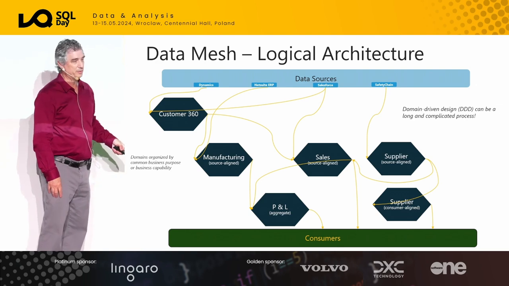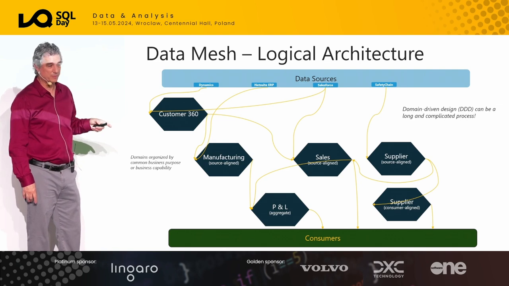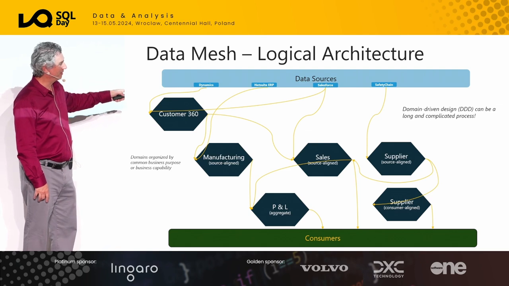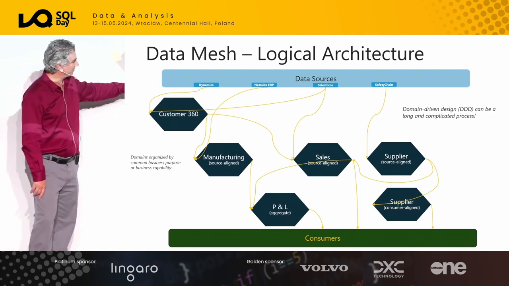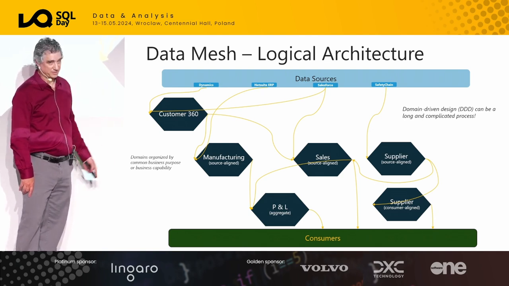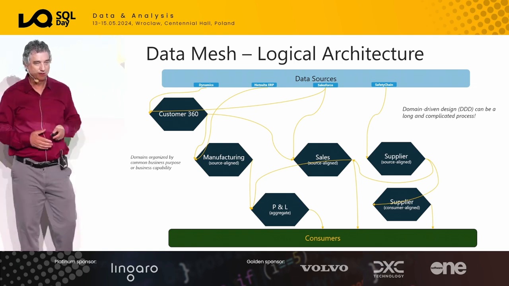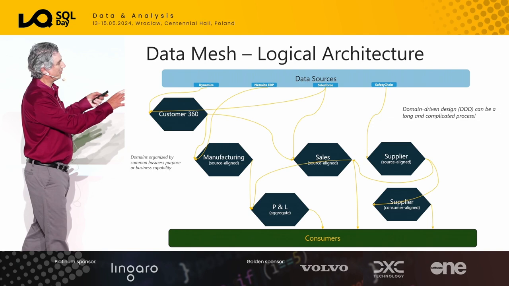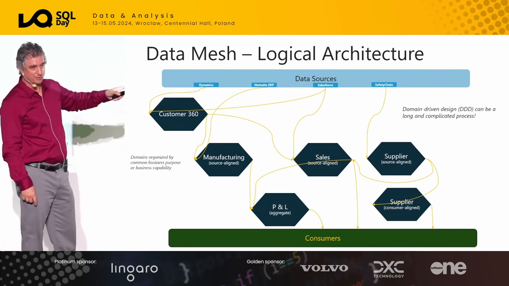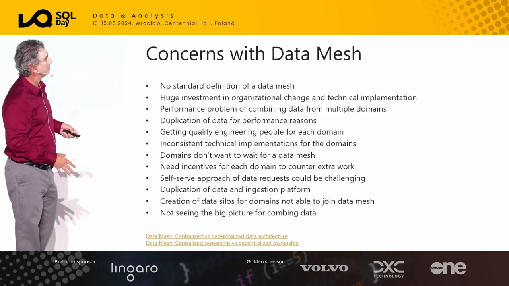You also may have an aggregate domain, because if I try to combine the data from multiple domains, it may be very slow performance-wise, so I can create an aggregate domain. Now, I had a big problem with this, because to me, this is then asking the question, well, who owns this? And this is going against the scaling, and it's kind of going against the whole data mesh idea. So this gets very complicated also, because you have domains that are pulling data from other domains. So imagine how difficult this is already. Imagine you have 100 of these things. So another layer of complexity.